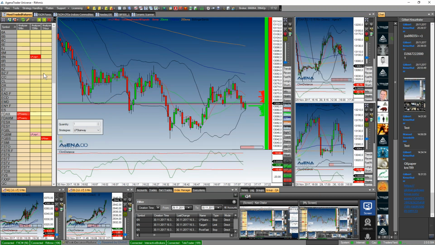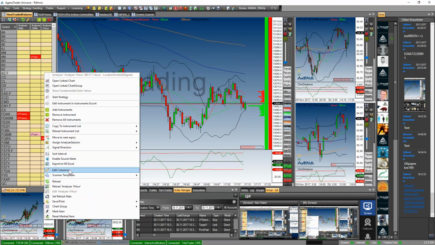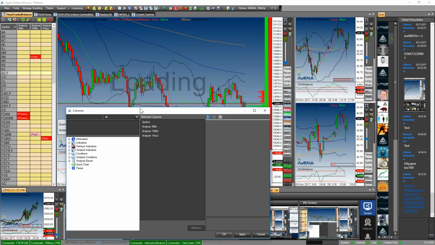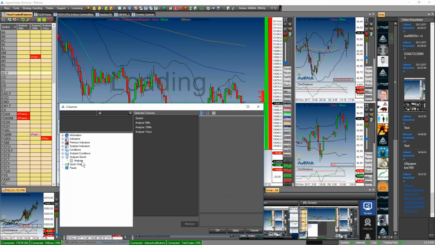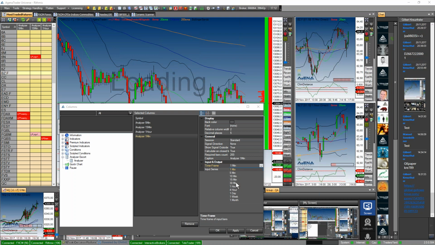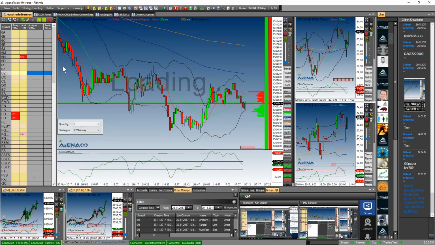Of course, you can easily change it and add a new column here. For example, to say I would like now to add a 30-minute column. You just select it here, and say okay, this is my column now for 30 minutes. I would like to move it up here to see it between 15 minutes and 1 hour, so that the sequence is correct. You say okay here, and